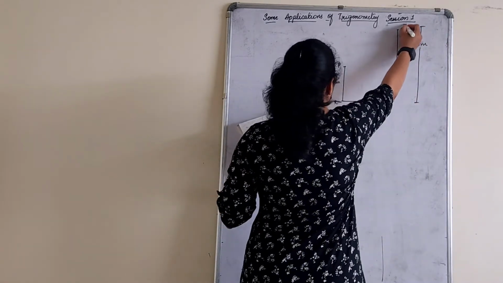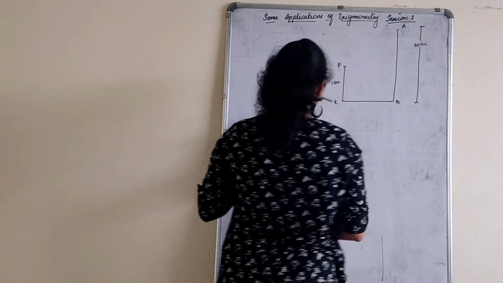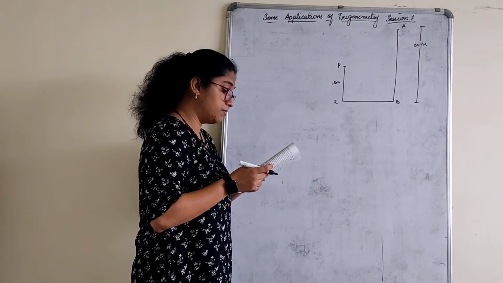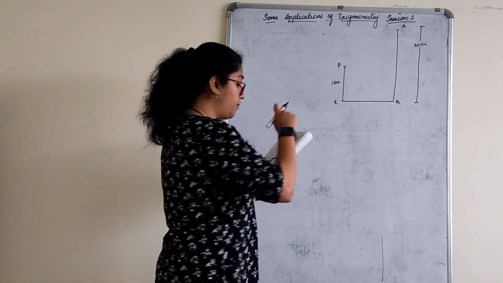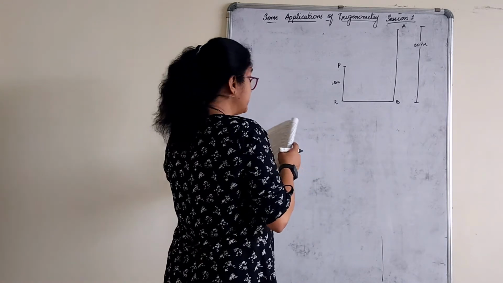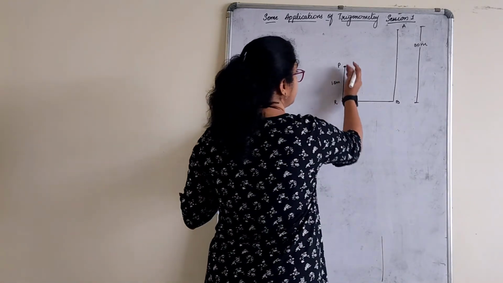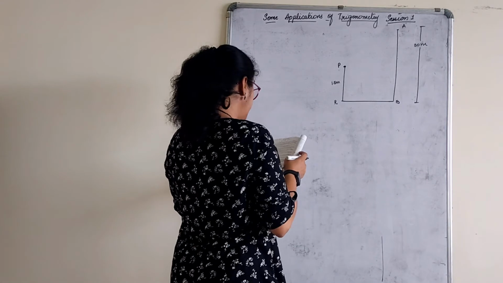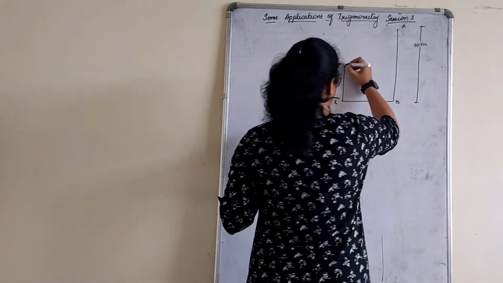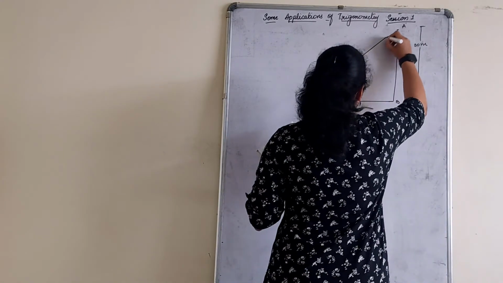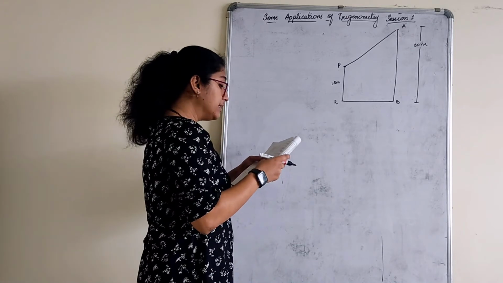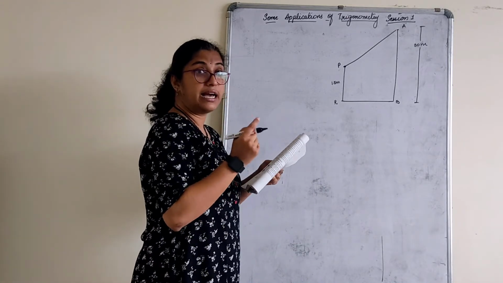So the building, I'll consider this as AB. A 1.5 meter tall boy is standing at some distance from a 30 meter tall building. The angle of elevation from his eyes, these are the eyes of the boy because he's standing here, to the top of the building, that means the boy from here is looking at the building, to the top of the building increases from 30 to 60 degrees as he walks.